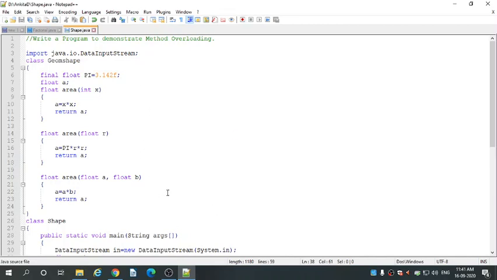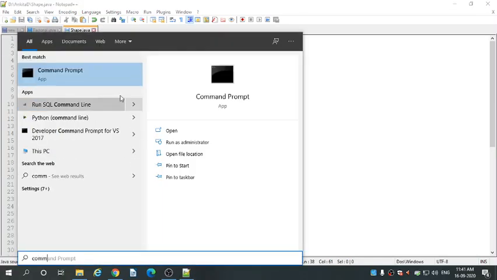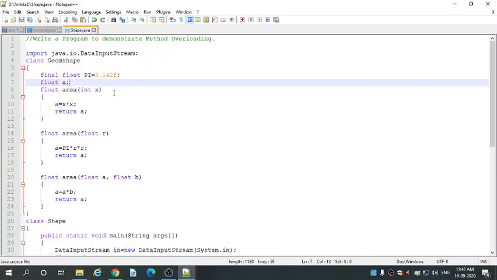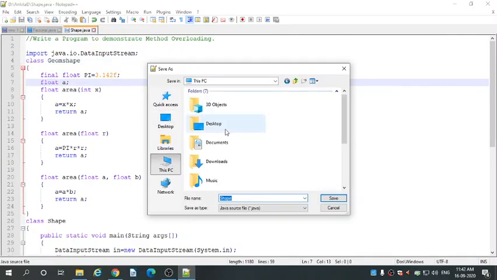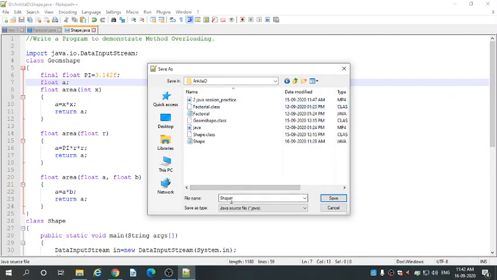Now to execute this program we need the command prompt. So open command prompt. Before that you have to save this program in D drive, into your folder. Give the file name as shape.